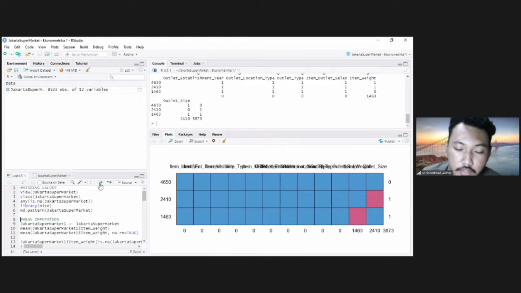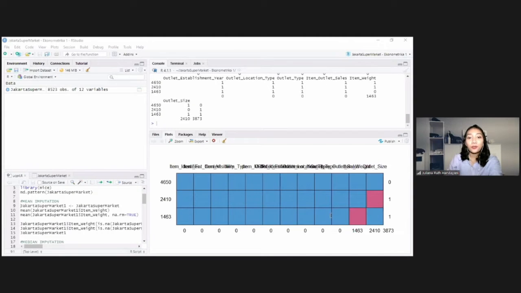From this command, 4650 is the full data set. Then 2410 data has missing values in the outlet size variable, and 1463 data has missing values in the item weight variable.